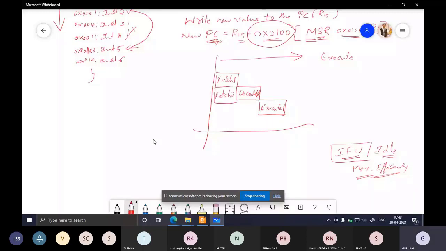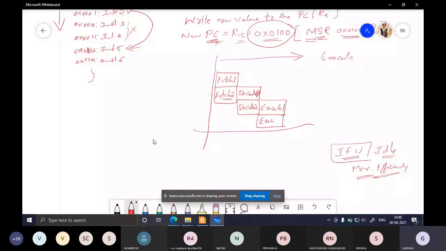So when the present instruction is being decoded, the next instruction is already being fetched. When the present instruction is being executed, the next instruction will already be decoding. Decode 2. Like this, simultaneous execution happens, wherein you save time. After execution of the first instruction completes, execution of the second instruction takes place immediately.